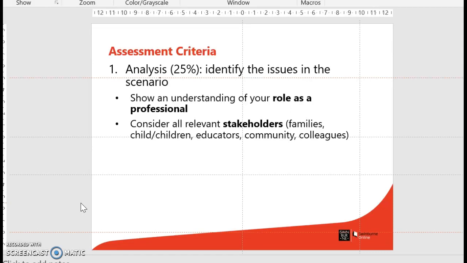What we need to think about in this situation is that we're not acting based on personal values and beliefs. We need to act on this situation in a professional way based on these documents. That's the key there, that you are basing your decision and reaction to this scenario on the documents that you will be using, ethically and legally.